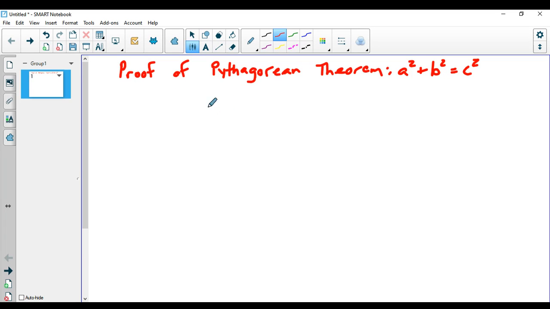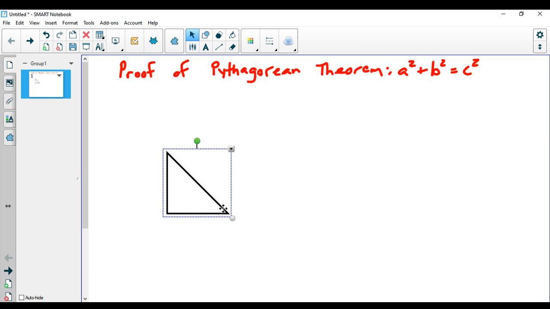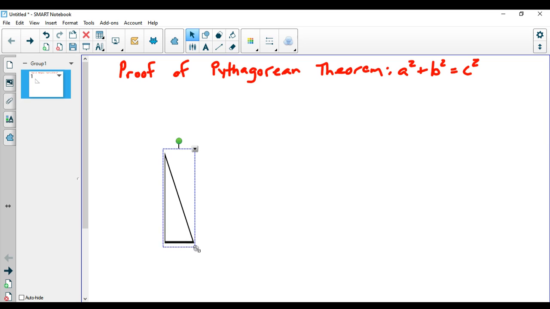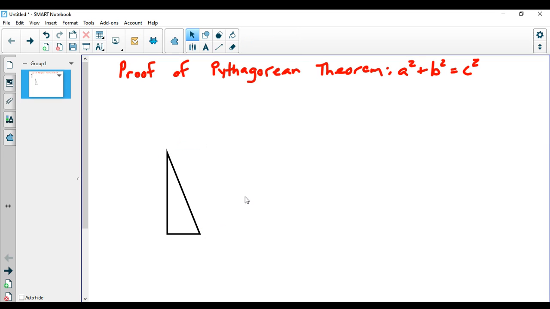So what I'm going to do is show that the Pythagorean theorem is indeed true, and I'm going to do it in a more fun, visual way. The first thing I'm going to do is make a triangle, because the Pythagorean theorem revolves around right triangles, right? And I'm going to just copy,